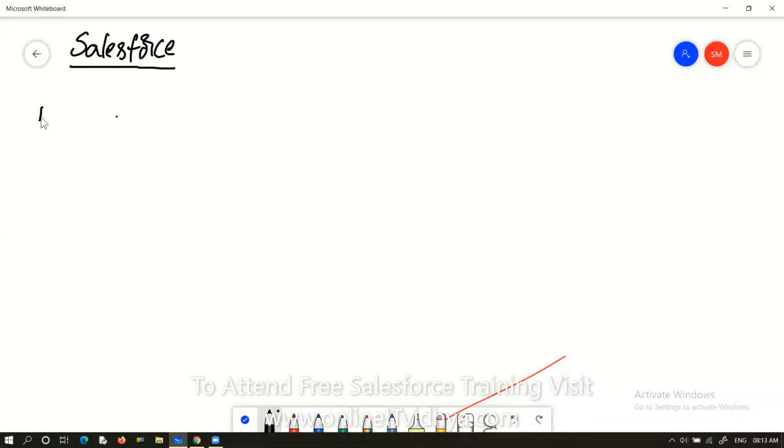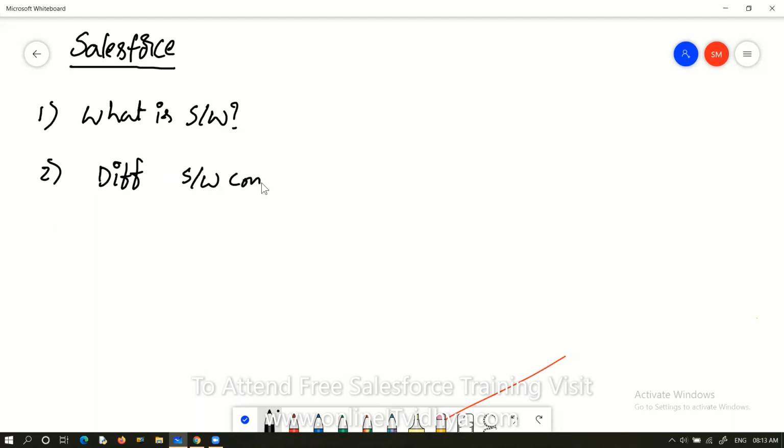So before starting to learn Salesforce, you have to understand four questions. First of all, what is software? This is the very first basic question. Second, what are the different departments available in the software industry? And what are the different types of software companies available?